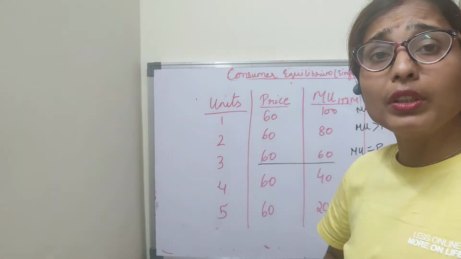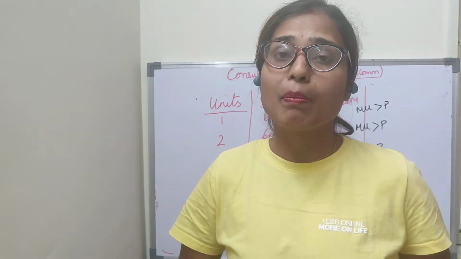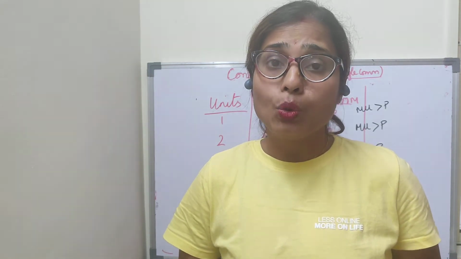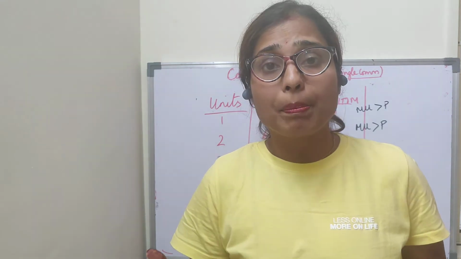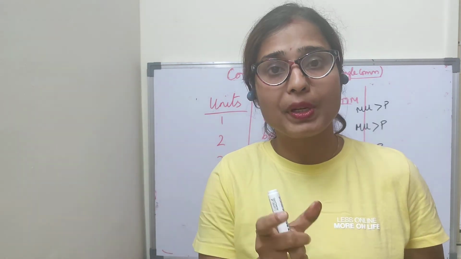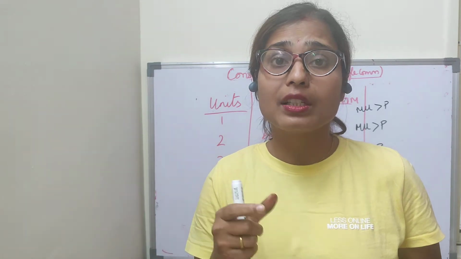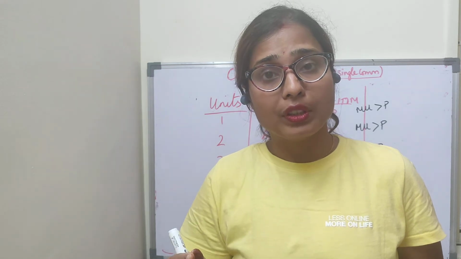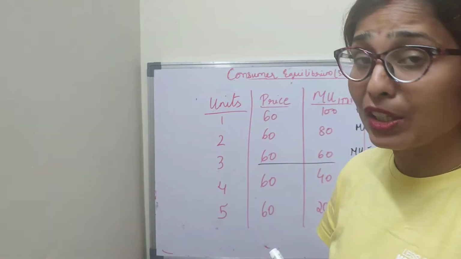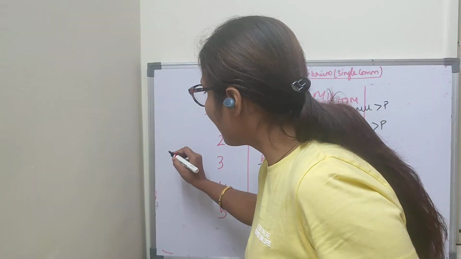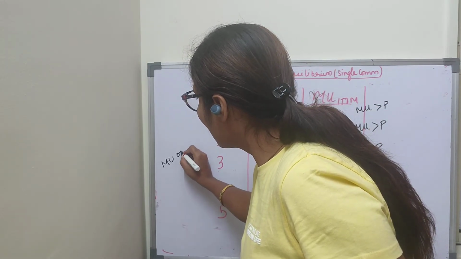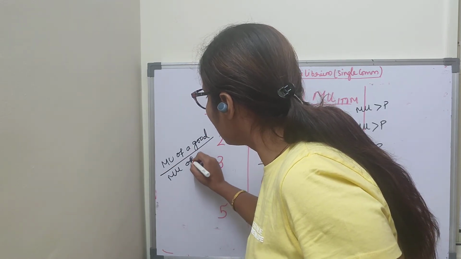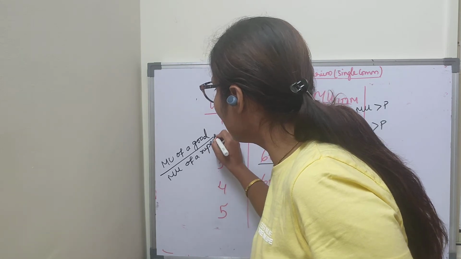Now we know that a consumer compares price with the marginal utility of a good in terms of money. Since it is difficult to compare the good expressed in utils and the price expressed in money or rupees, we convert the marginal utility of a good in terms of money. First of all, we convert marginal utility of a good in terms of money by dividing the MU of a good by MU of a rupee, or you can say money also, same thing.